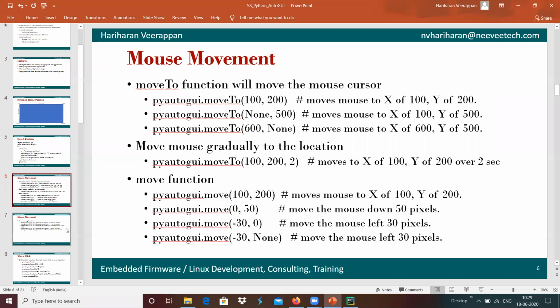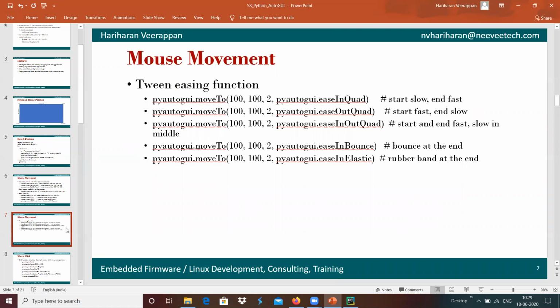And we have the option of mouse movement with the help of an easing function, where we want to make something start slow and end fast. Animations like that can be created with options such as easeInQuad, easeOutQuad, and easeInOutQuad. Basically, easeInQuad starts slow and ends fast, and easeOutQuad starts fast and ends slow. We will see how it works over here.